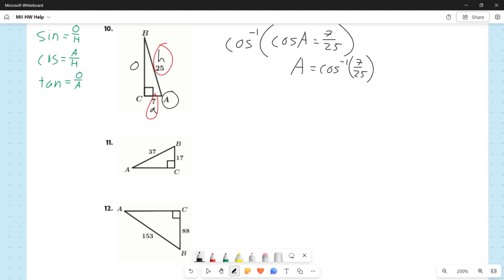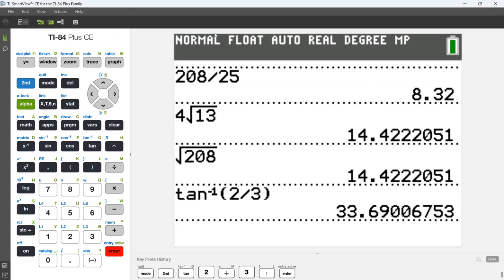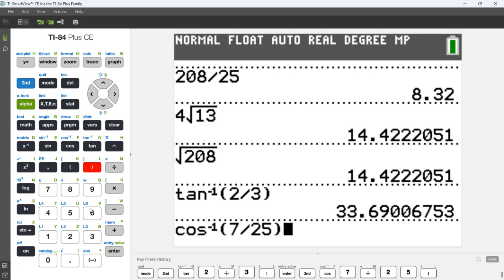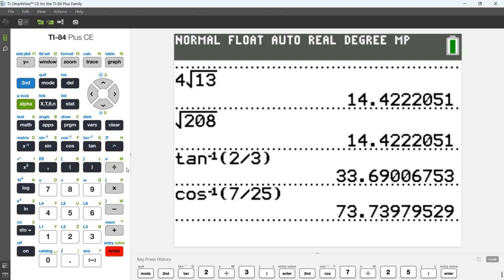That is my exact answer. Not a very useful answer, so let's get a decimal approximation here. So it's cosine inverse of 7 over 25. We're still in degree mode, so I don't need to change it, but I just want to verify that I'm in degree mode. I do second cosine to bring up cosine inverse, and we're going to go 7 over 25, close parentheses, and I end up getting